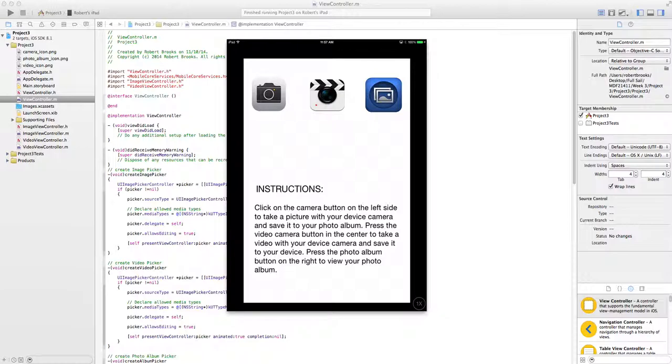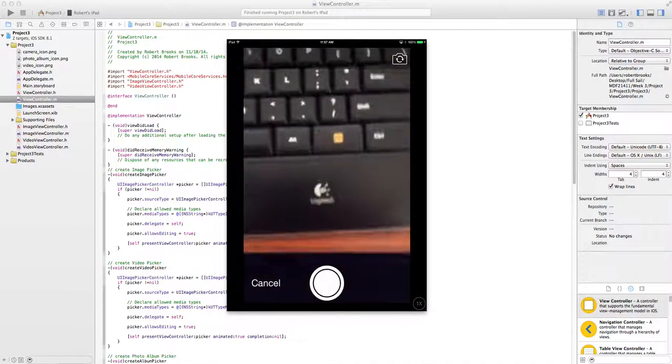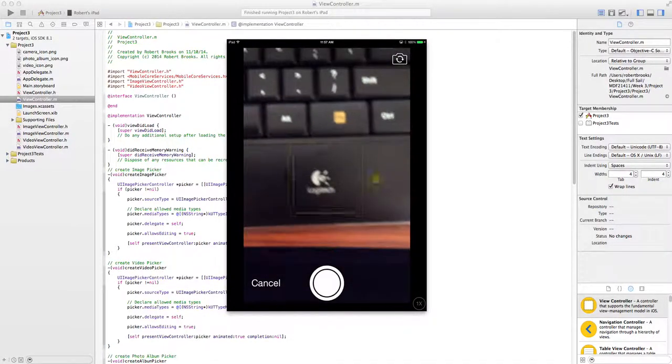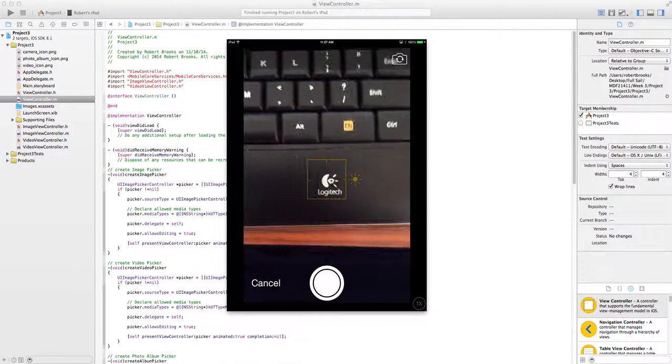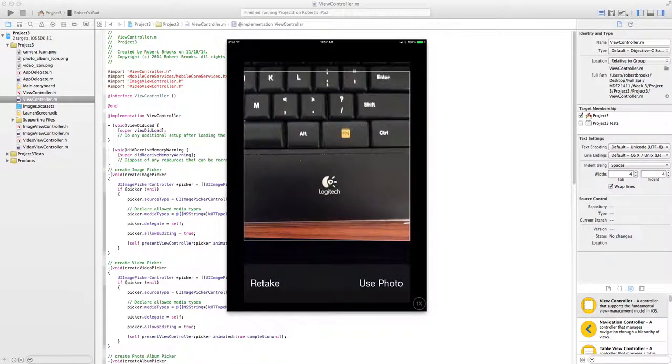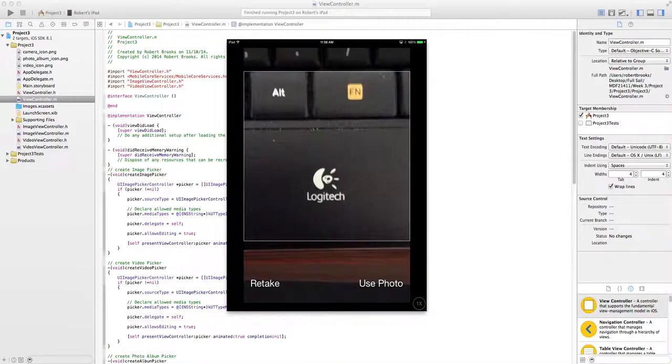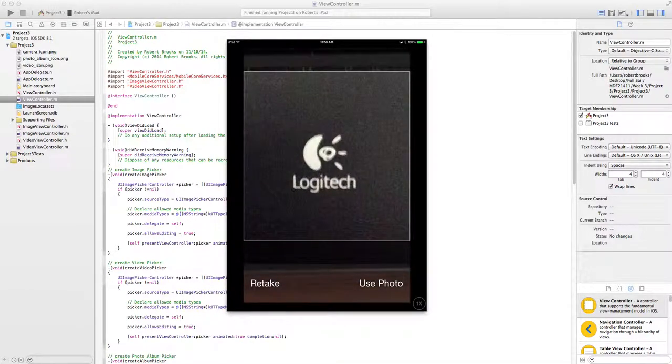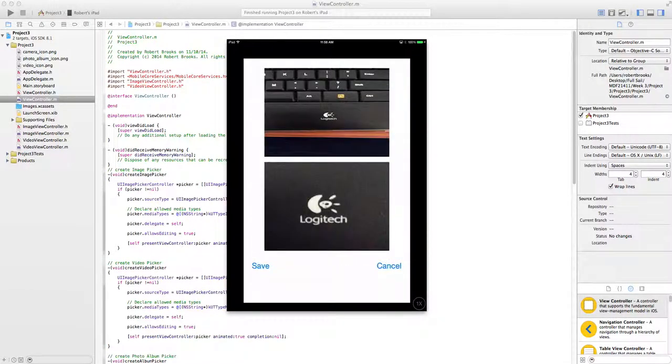So this launches my camera, and we'll go ahead and take a picture here. It also allows you to edit, so you can zoom in. We'll go ahead and use photos. Then it populates two image views, one with the original photo at the top here, and the other with the scaled photo. If you hit cancel, it doesn't do anything, and it just goes back to the